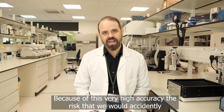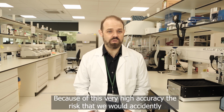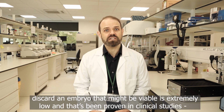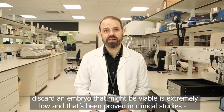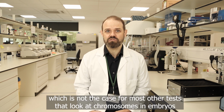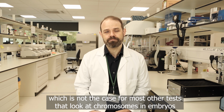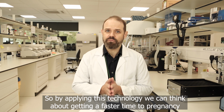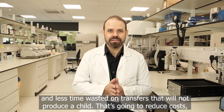Because of this very high accuracy, the risk that we would accidentally discard an embryo that might be viable is extremely low, and that's been proven in clinical studies, which is not the case for most other tests that look at chromosomes in embryos. So by applying this technology, we can think about getting a faster time to pregnancy, less